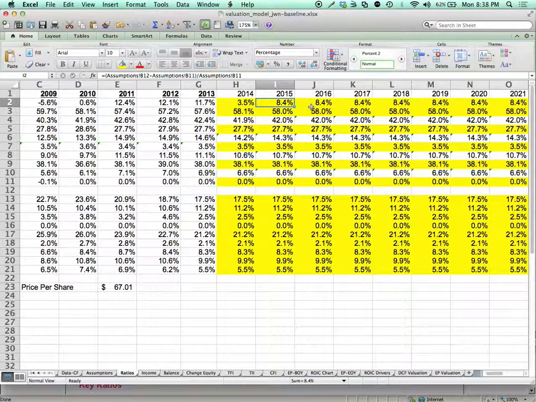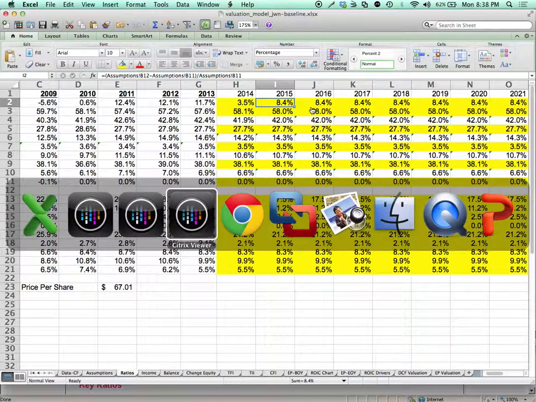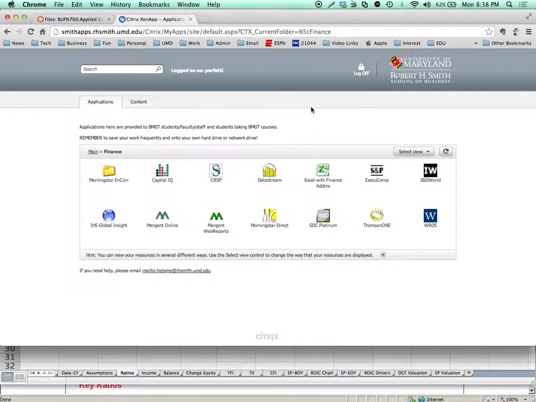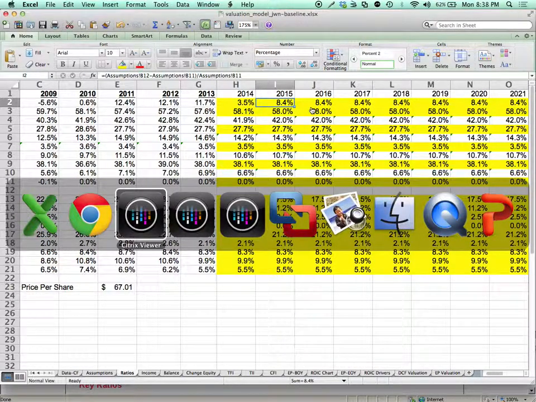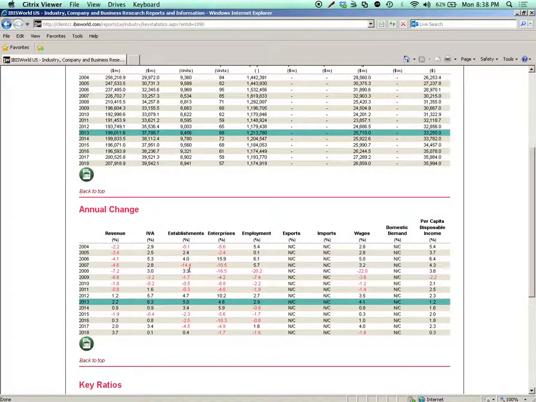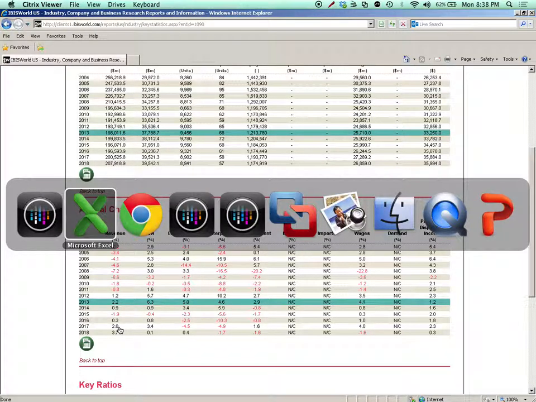So in this case, I think that Nordstrom is probably going to grow faster than the industry, but what I see about the industry growth rate is that, which one is it? Here we go. That the industry is not expected to grow very much in the next couple of years. So if I had to think about Nordstrom's growth rate and why they're probably trading closer to $62.50 a share, the market probably doesn't expect them to grow at 8% a year going forward, given that the industry is